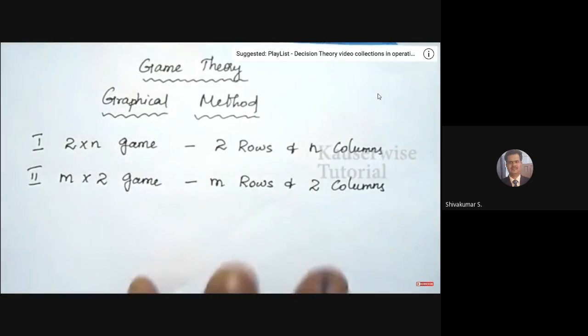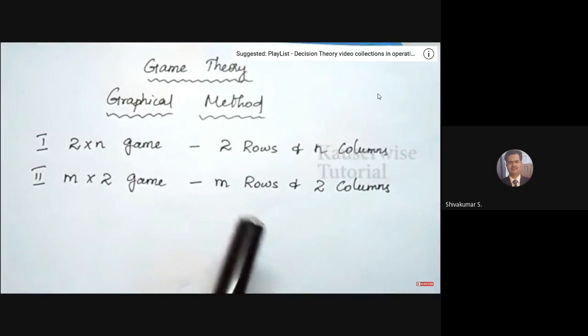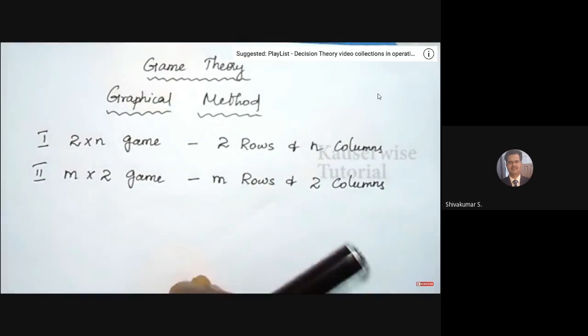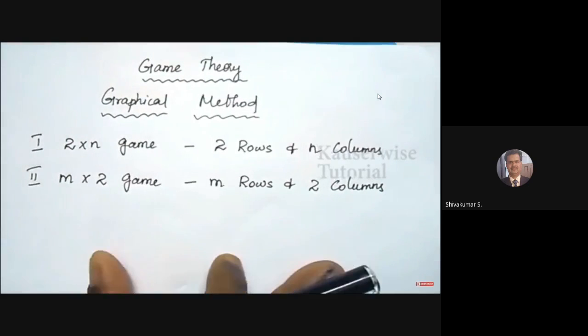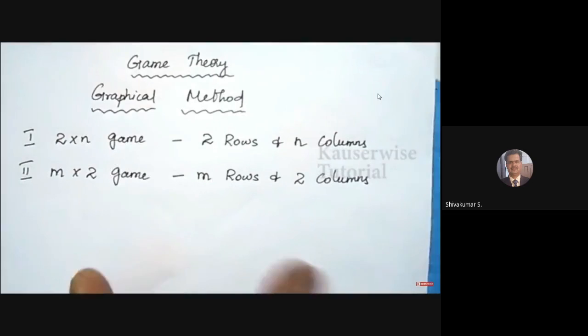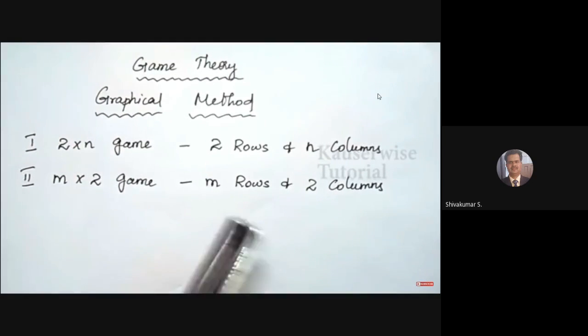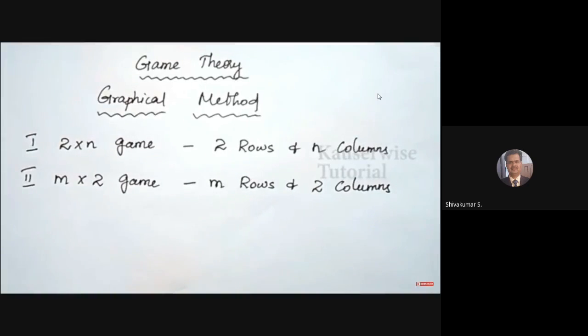In this problem, we are going to see when more than 2 lines intersect in the same point in the graph, in that scenario, how to form 2 by 2 pair of matrix from that and proceed further. I'm going to explain this point in one problem for m into 2 games. Now let us see the algorithm along with the problem.